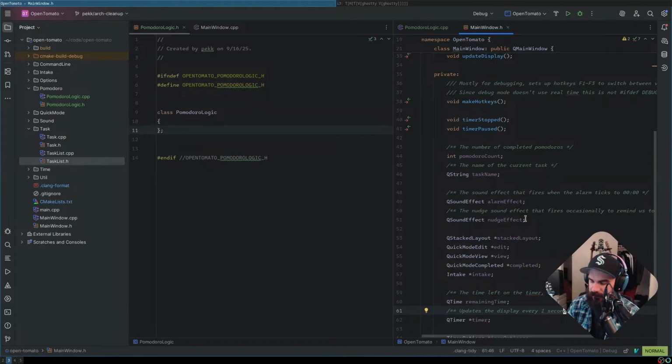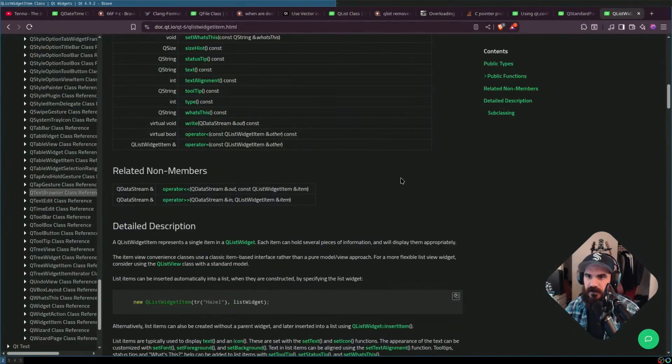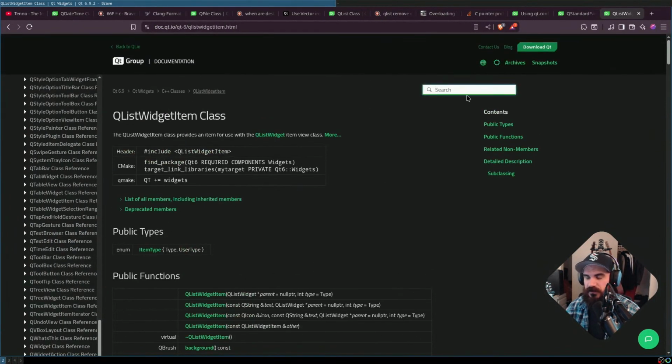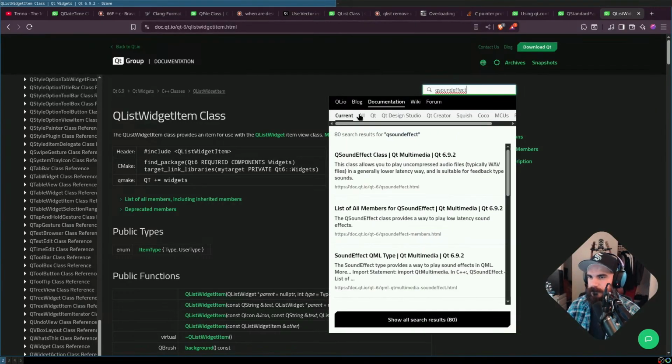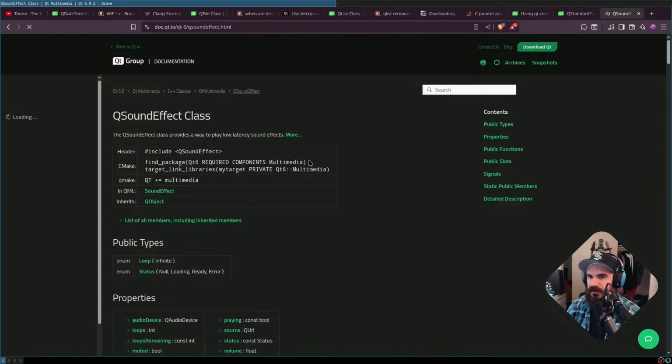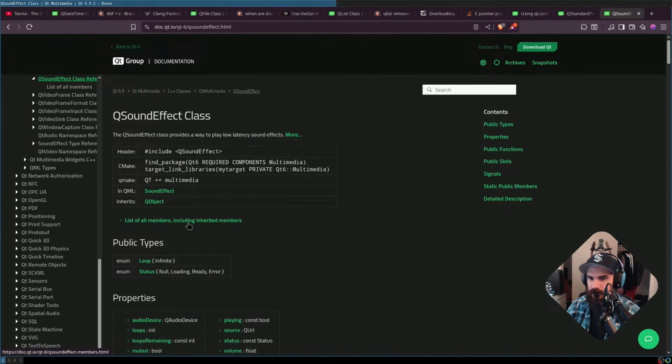So should my controller do sound effects, or should my UI do sound effects? Because the sound effect is not really a UI. Maybe what we do for this is we see how Qt divides this. QSoundEffect is in QMultimedia, right?